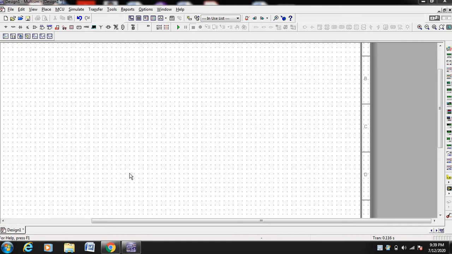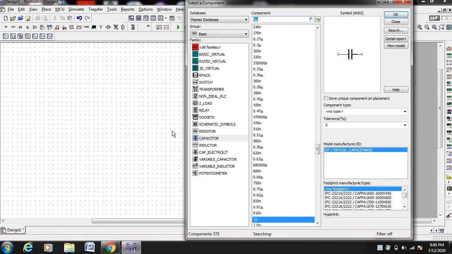Hi, in this tutorial I will show the response of RC low pass circuit with square wave input. So first let us see what is RC low pass circuit. RC low pass circuit consisting of two passive elements, resistor and capacitor, where we take the output voltage across capacitor. Now let us take one resistor and one capacitor in Multisim software.